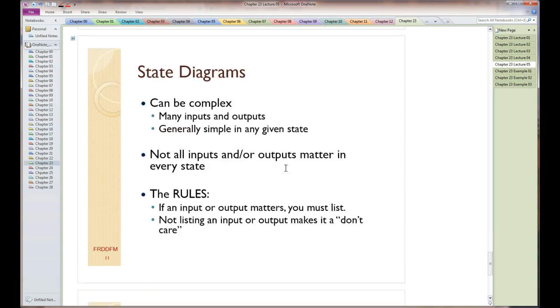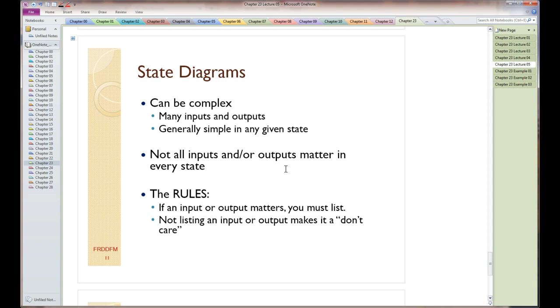Now state diagrams can be very complex, particularly when they have lots of inputs and lots of outputs. Okay, so generally on a per state level, the state diagrams are very simple. So generally in any given state, not all the inputs matter, not all the outputs matter. Generally speaking, when you're drawing these state diagrams, you only list what matters per given state. The idea here is if the input or output doesn't matter, you don't put it down there. And when you don't put it down there, that's okay. It's just interpreted as a don't care. So if you forget to put it down there and it matters, that's wrong. If you forget to put it down there and it's truly a don't care, that's okay. And in fact, that's